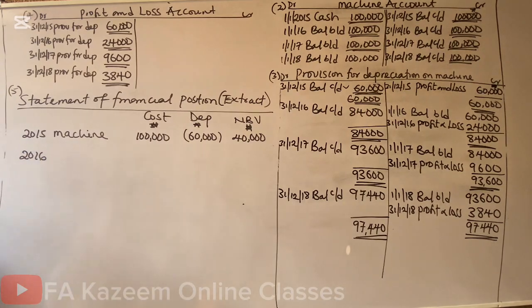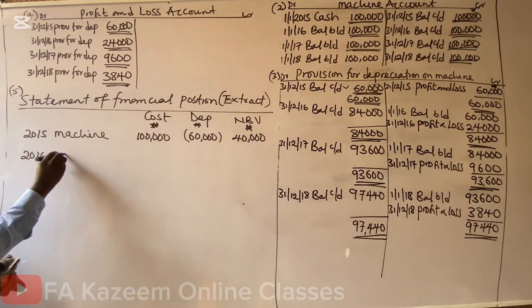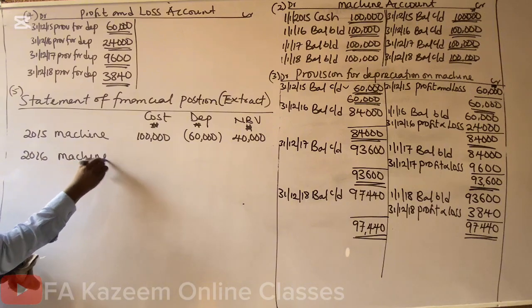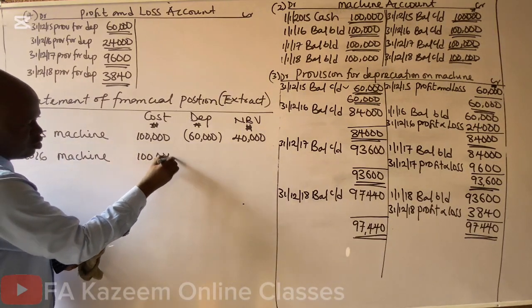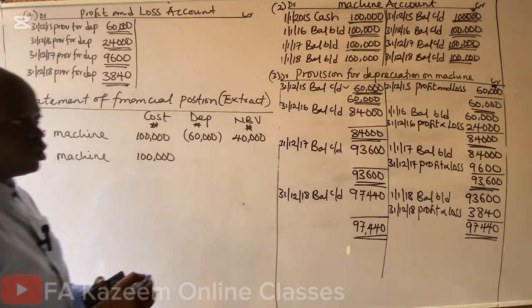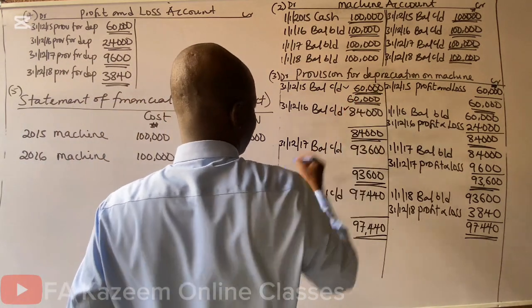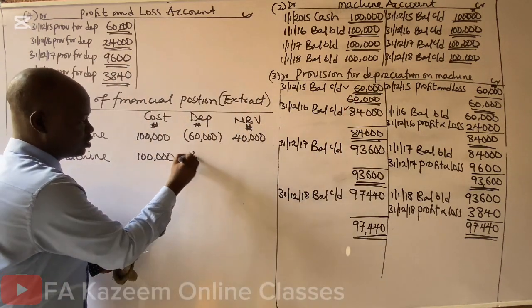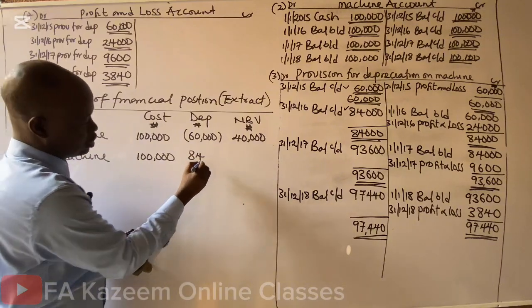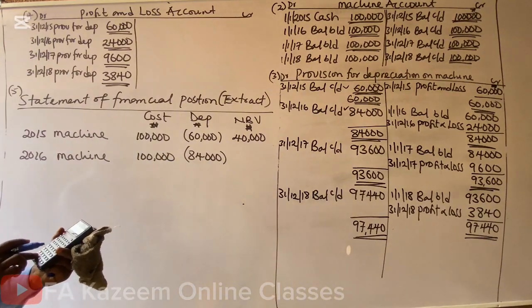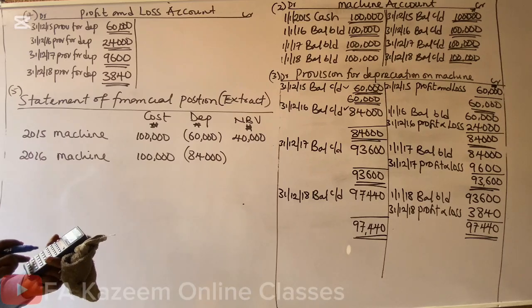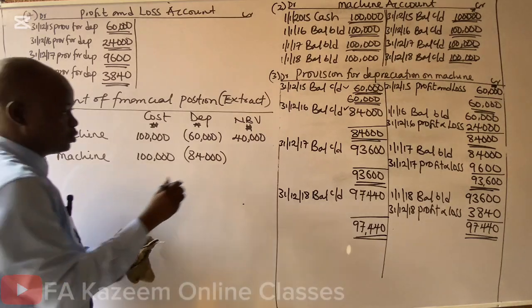In 2016 financial year, we have machine, historical cost. The historical cost still remains 100,000. What's the accumulated depreciation? See, we are marking 84,000. Now let's minus, 100,000 minus 84,000, we have